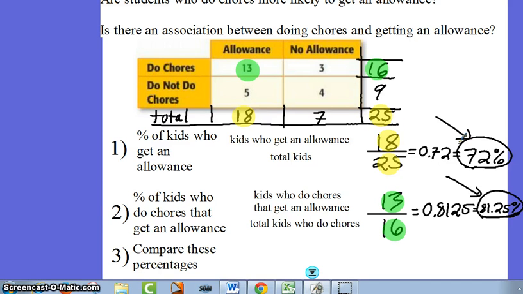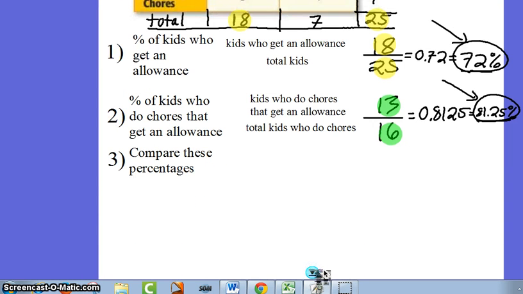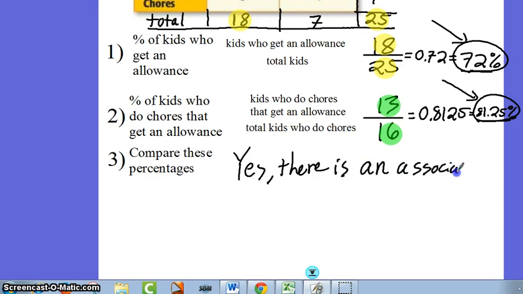However, that being said, these numbers aren't terribly far apart. 81% and 72% are pretty close. So while there is an association, I wouldn't say there is a strong association. So if I wanted to write that out, I would say, yes, there is an association